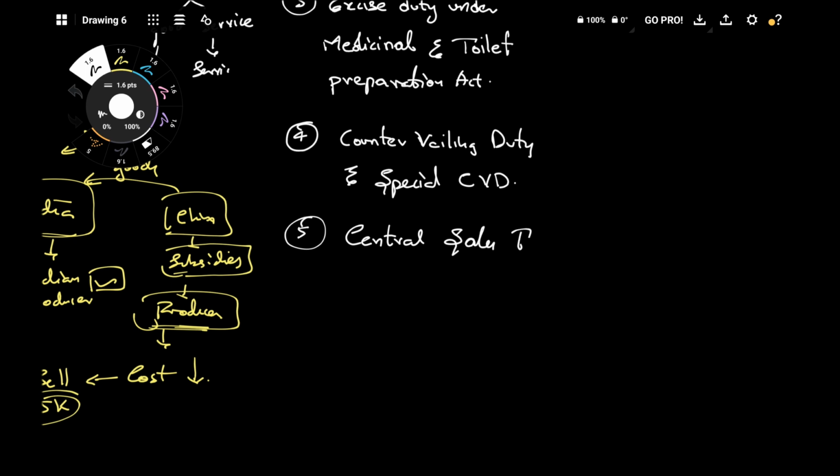Central sales tax. We obviously know central sales tax, meaning if it is a sale between, like, Maharashtra and Telangana, Maharashtra and Tamil Nadu, something like that, a sale between different states, that is an interstate sale, then central sales tax will apply. Next thing, sixth one,